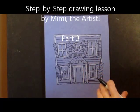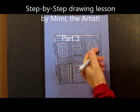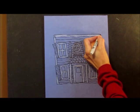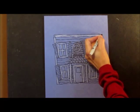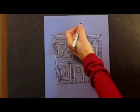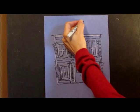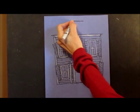We are nearly finished with our house. We have the top molding on. Now it's time to build the roof. I'm going to go out a little bit here, a little bit here. Then I'm going to jump up, just like when we did the roof on the porch, and I'm going to draw a line,